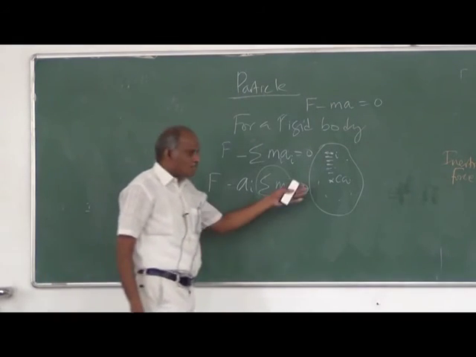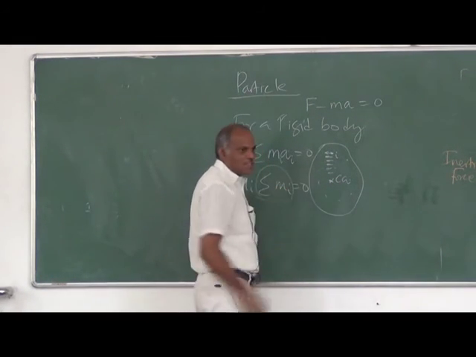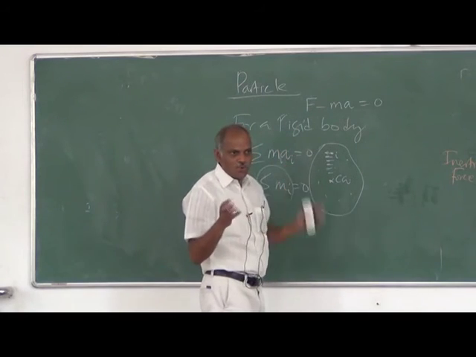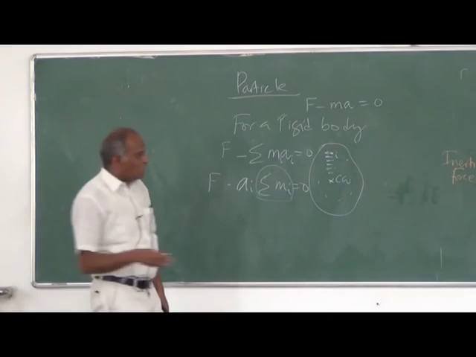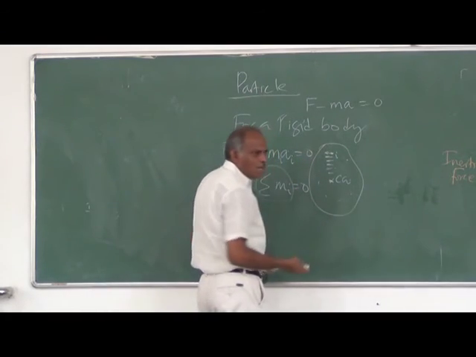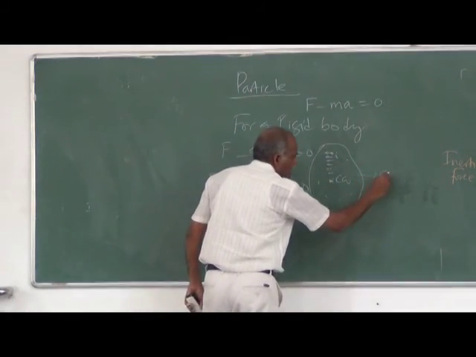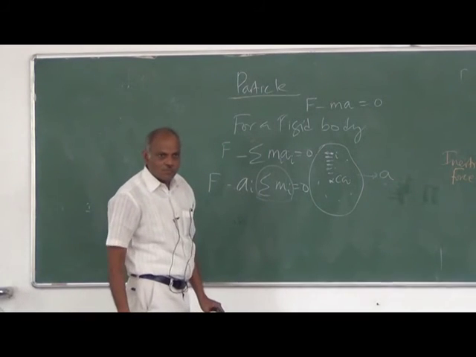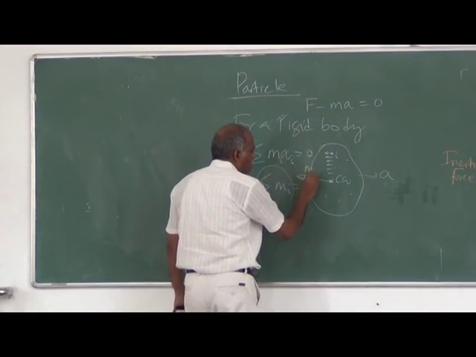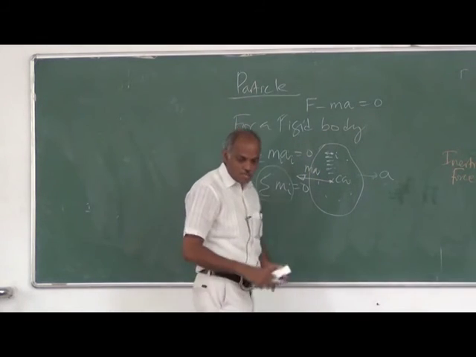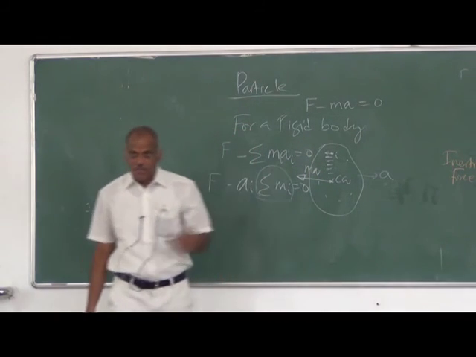So where the inertial force is, in case of a point, I have no confusion. I can put the inertial force opposite to the acceleration. If there is a rigid body subjected to an acceleration, then the inertial force has to be represented opposite to the acceleration but passing through the center of gravity.